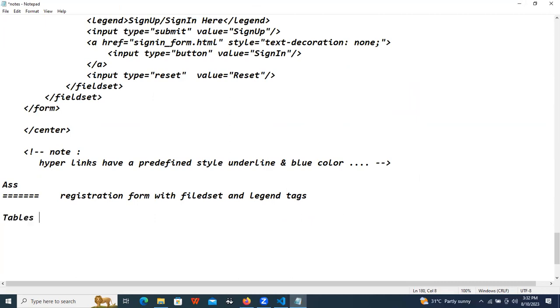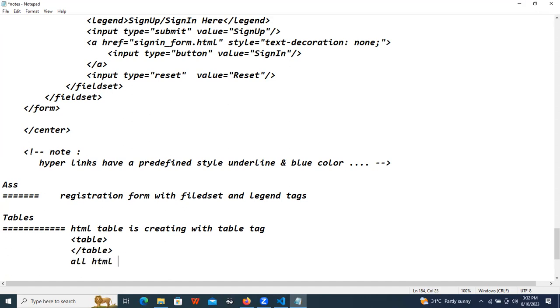Tables. See, basically, HTML table is creating what? Table tag. One more point. How to create a table means table open and table close. Next point, come to the second point. All HTML tables